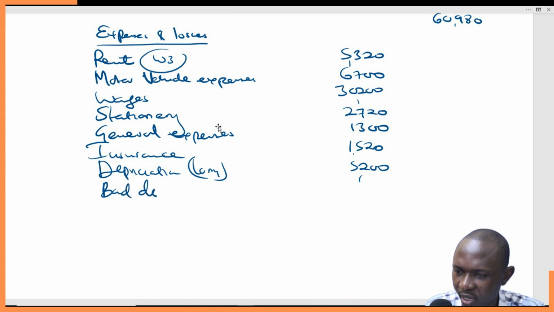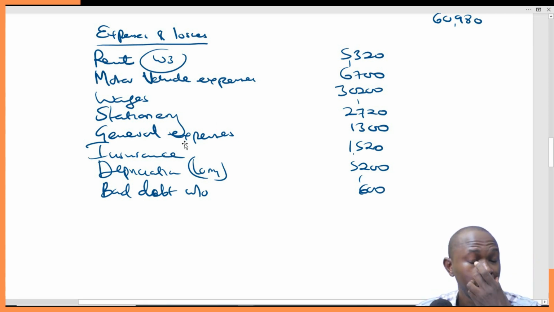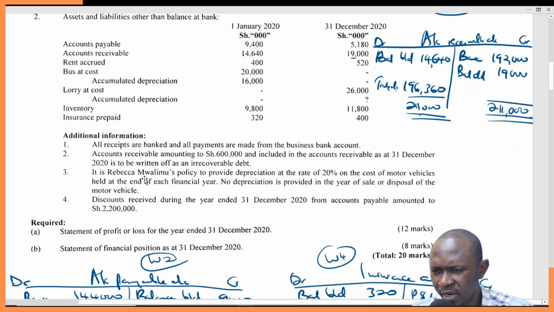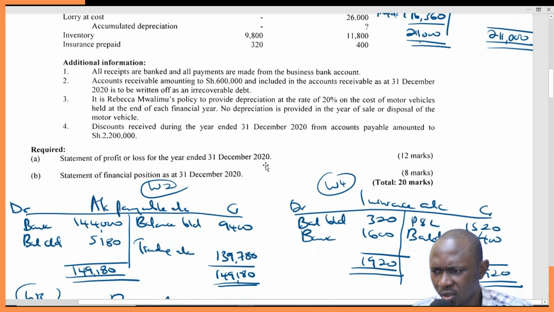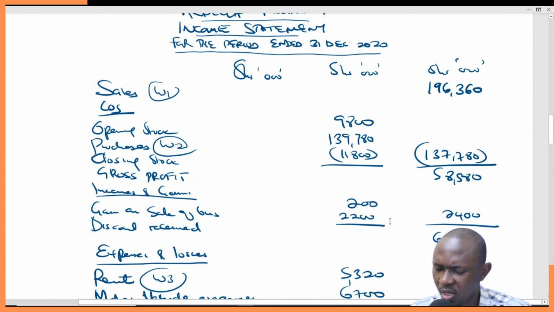Bad debt written off. This is 600. Remember the zeros? We just have been restricted. So we are done with depreciation. Discounts received during the year. I think we have captured the discounts received. Yeah. So let's